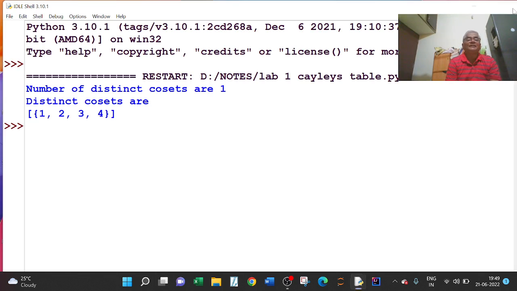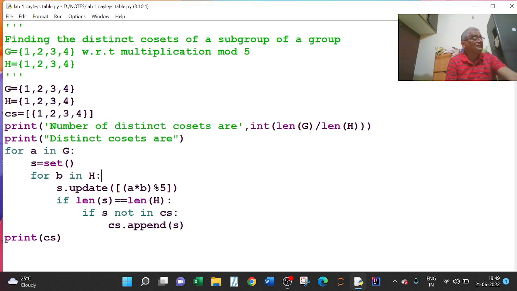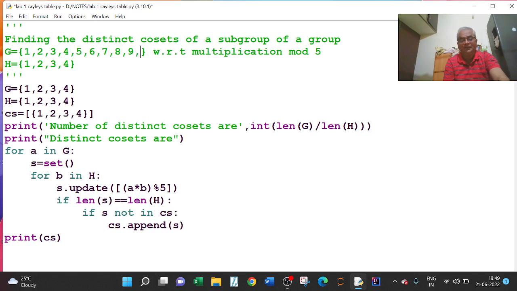Next, I will check for another example. I will consider G equal to 1, 2, 3, 4, 5, 6, 7, 8, 9, 10, 11, 12 with respect to multiplication modulo 13.